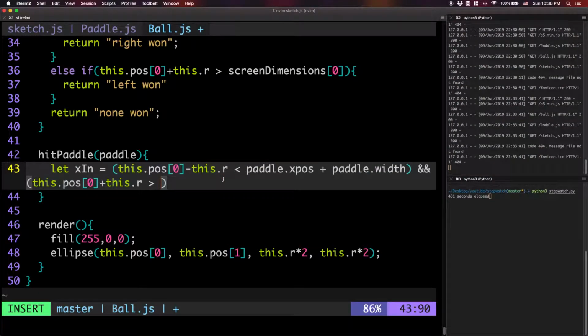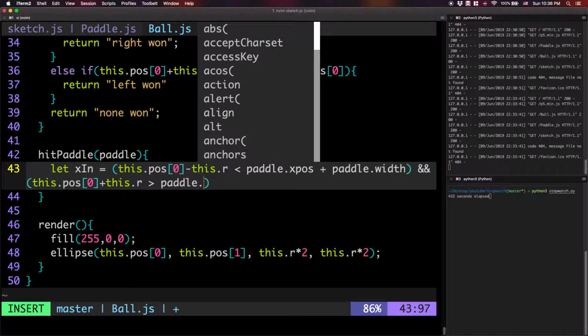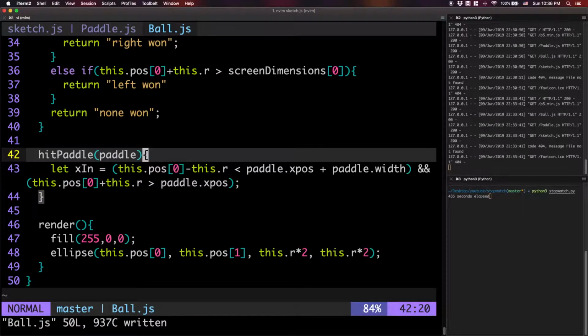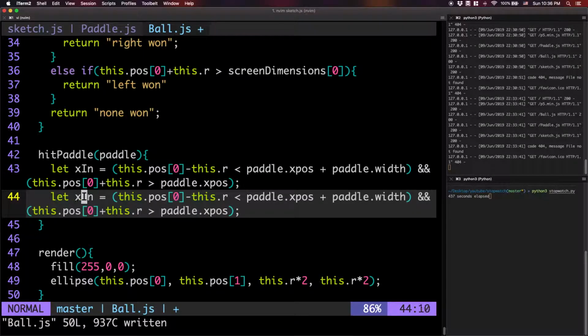So that's greater than paddle.x. Okay, so that's x in, and then to see if the y is in, it's exactly the same thing,